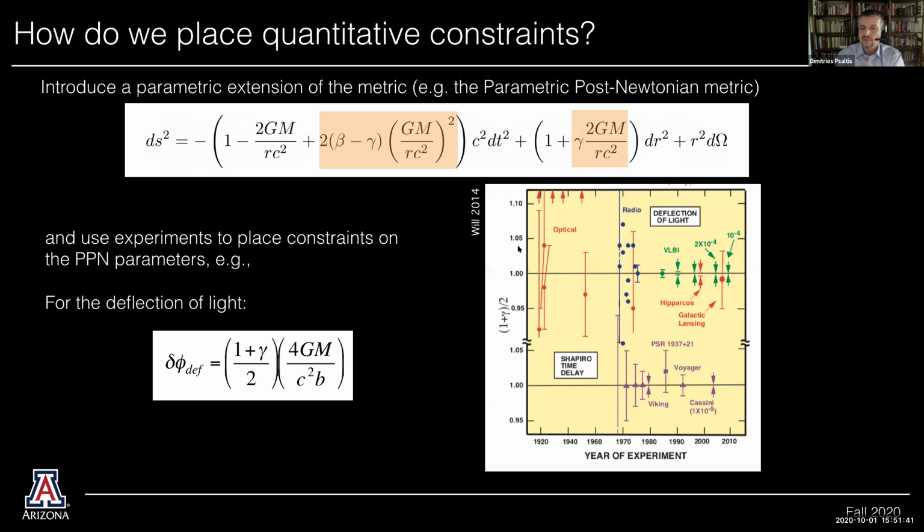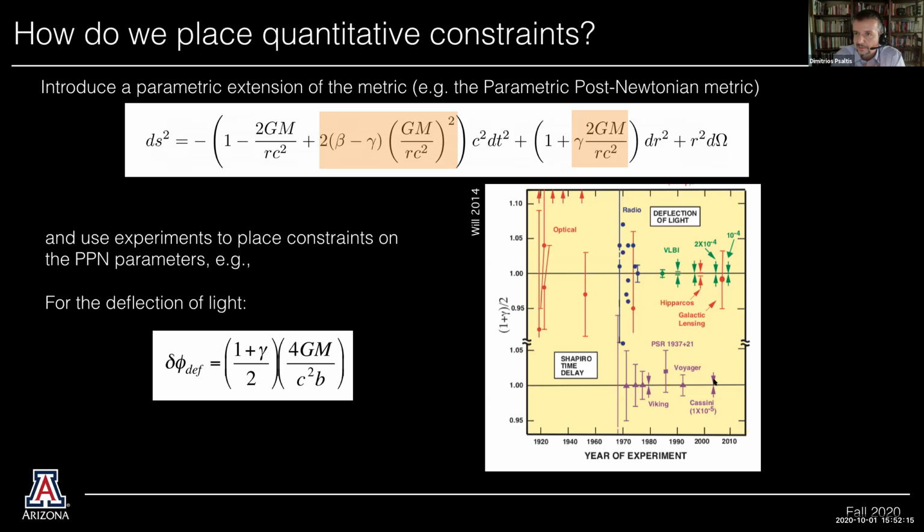And then you use experiments, you measure the deflection of light or the Shapiro delay for that matter, and you put limits on that (1+γ)/2 parameter. Eddington did it, not very well, to within 10% in 1919. And the limits have become smaller and smaller, with the best one today in the solar system on this parameter gamma coming from Cassini, the Shapiro delay in the travel of radio waves from Cassini to the Earth, to be about 1 part in 10 to the 5,